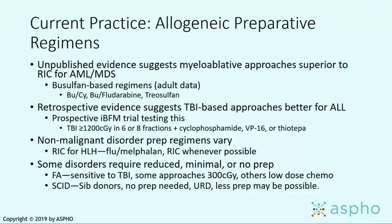Now, we're supposed to talk a little bit about allogeneic preparative regimens. I'm going to go over this very quickly. In general, for myeloid diseases, busulfan-based regimens. For lymphoid diseases, TBI. Now, I put in here that there's a prospective trial from the IBFM that's testing whether TBI is important